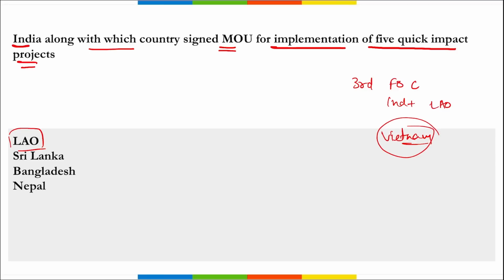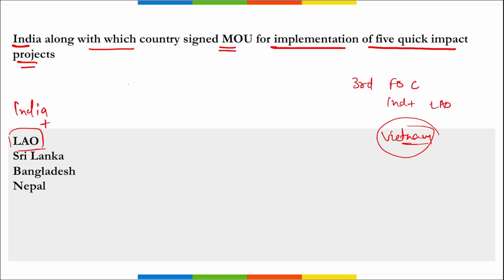And during this third India-Laos FOC, 5 MOUs were signed between these two nations, that is between India and Laos, correct? 5 new MOUs were signed here, and these are for the